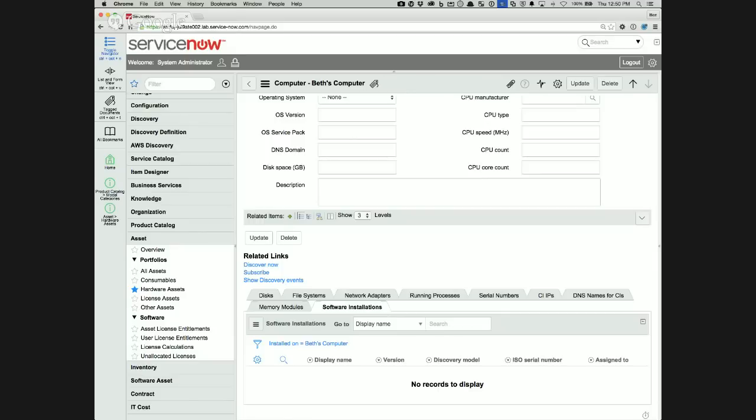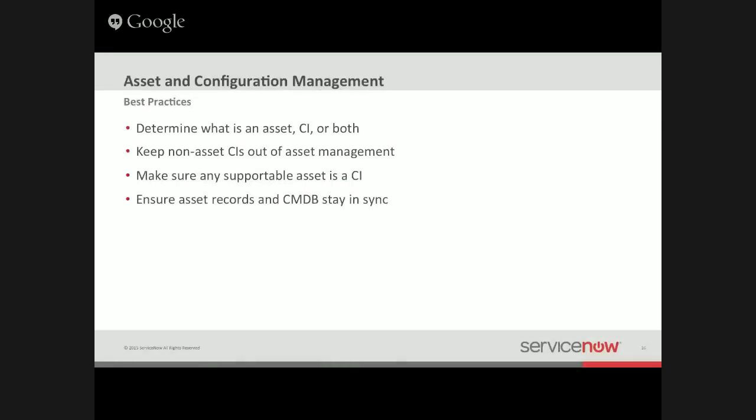weeding that out. Let's get into a quick introduction of the model information, as that's a good lead into that discussion. Actually, before we get into the models, just quickly with regards to the asset and configuration, something that you need to determine for your organization is what is an asset, what is a configuration item, or what's going to be both in your environment, or what do you not want to track at all. So look at those items and go back to that